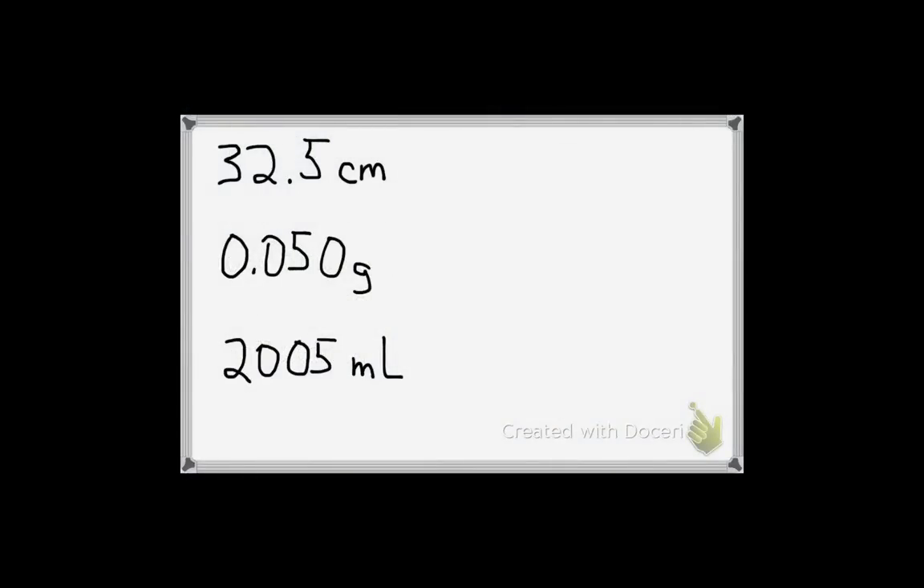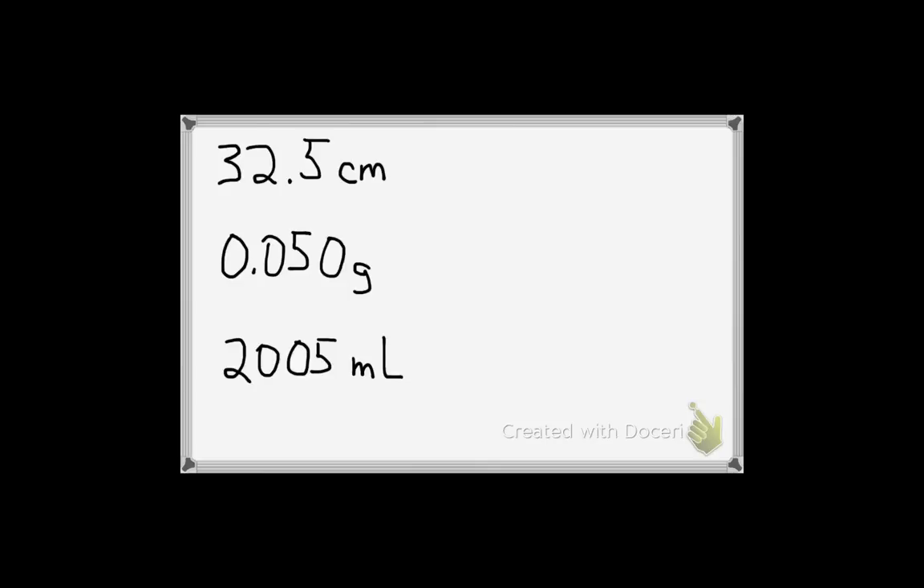If we take a look at some example measurements, we can determine how many significant figures there are in each measurement, and this is going to play into our calculations if and when we were to use these in a calculation. So in looking at the first example, you can see that we have